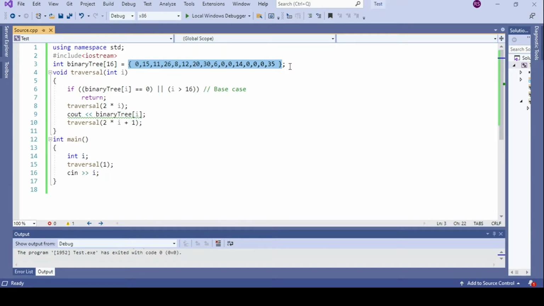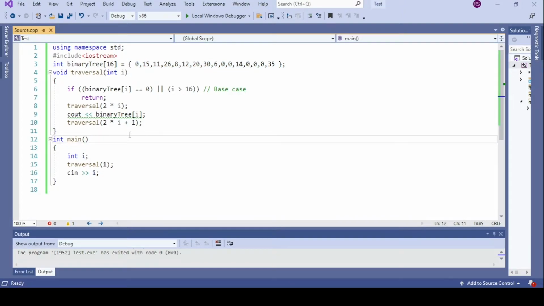But ideally a program must work for any binary tree as per the user choice. So we should not fix it. When you initialize the array with a set of values, then it becomes a program meant for a particular binary tree. So I want to generalize the program. I want to take user input as a binary tree. So what should I do? For that, I need to implement an insert function.